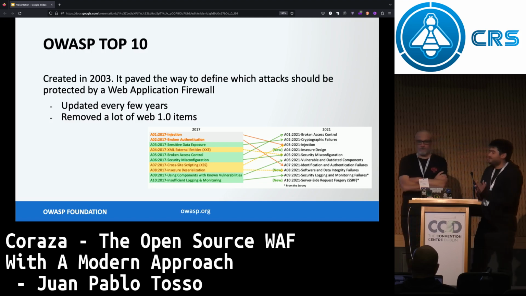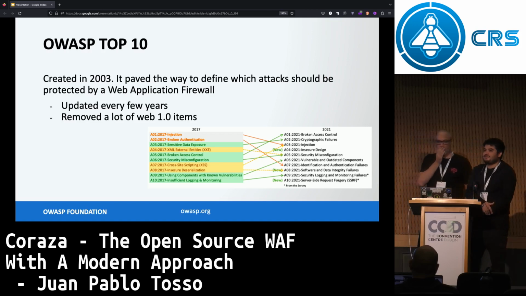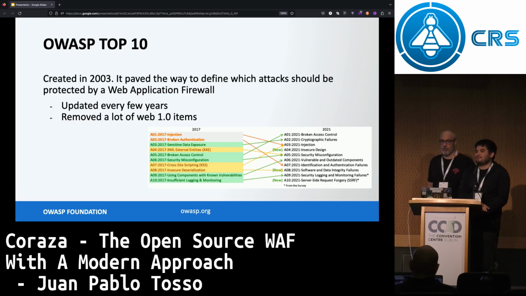Okay, so something important I will add about the OWASP Top 10. The OWASP Top 10 did shape the future of the WAF in the early years because it defined what had to be protected. But it was designed with ideas on the Web 1.0.